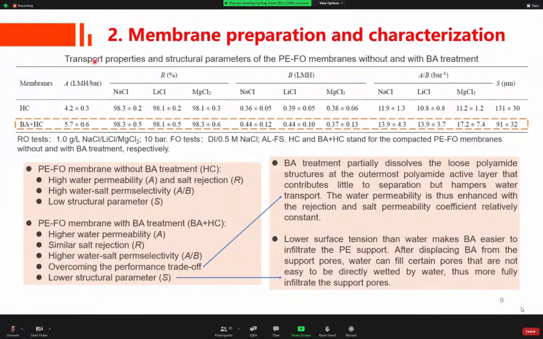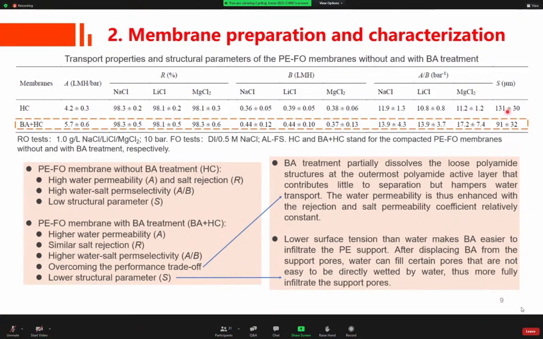We characterized the transport properties and structural parameters of the PE-FO membranes without and with benzyl alcohol treatment. The PE-FO membrane without benzyl alcohol treatment shows a high water permeability of 4.2 LMH. In addition, the membrane has high salt rejections of above 98% for sodium chloride, lithium chloride, and magnesium chloride. The PE support has a low structural parameter of 131 micrometers, indicating a low internal concentration polarization and a high